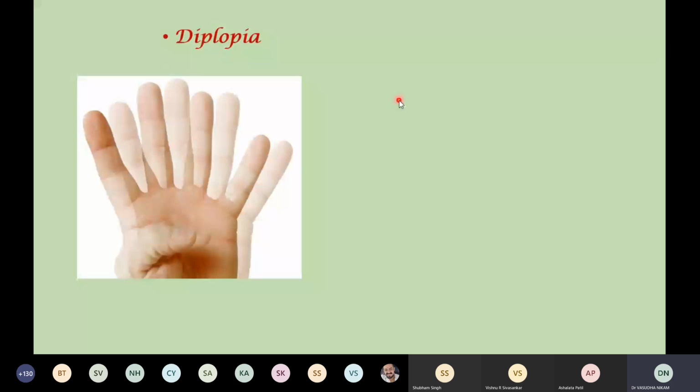Next symptom, the patient will complain of diplopia. What do you mean by the word diplopia? Diplopia means double vision. Now we know that the medial rectus is paralyzed. So when the patient tries to look medially or inferiorly or superiorly, it is due to the paralysis of medial rectus, inferior rectus as well as inferior oblique. And you can see here the double vision, the object will appear in this form in the patient's retina.